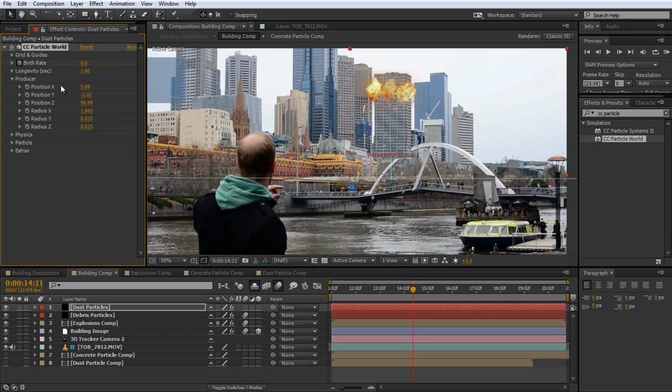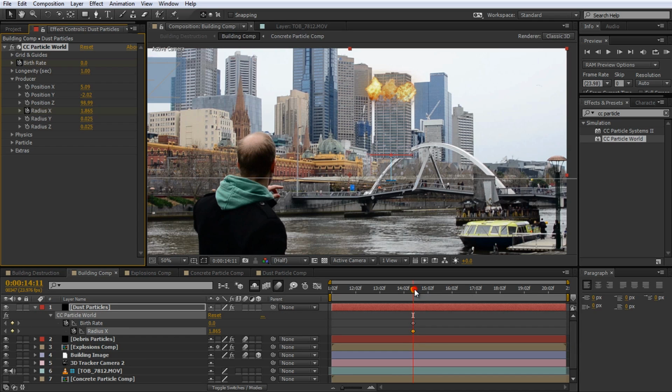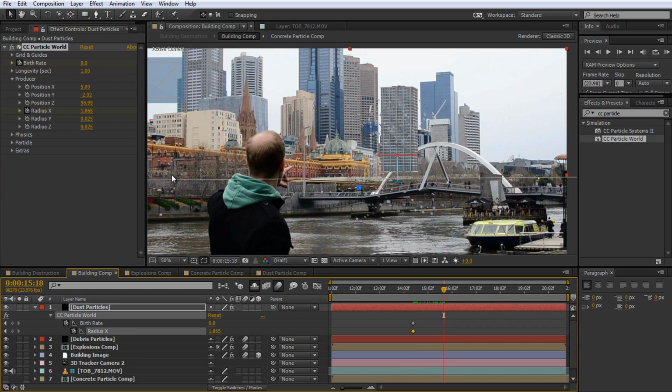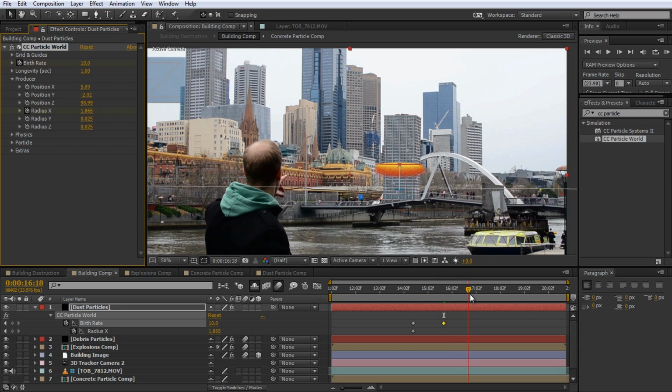set it to 0. Also, I want the smoke to start being emitted from a larger and larger area around the collapsing building, so also click the stopwatch icon for the radius X property. Move forward to a time when the building is starting to sink and increase the birth rate to something like 10. Again, this will of course depend on what effect you are going for and the footage you're working with,